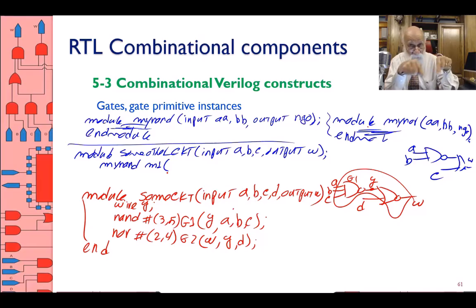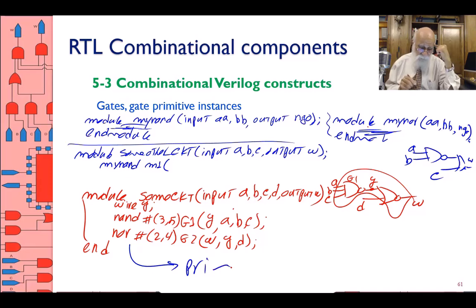Not in the ports, not in the parameters. Secondly, the name of the module or the instance name is mandatory. Third, the inputs and outputs are not set as they are set in the primitives. These are primitives. The input and output order is set the way you have described it, and therefore what I want to say is I want to connect A to the first port of my NAND,